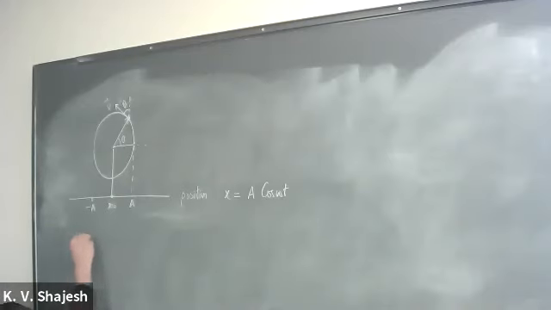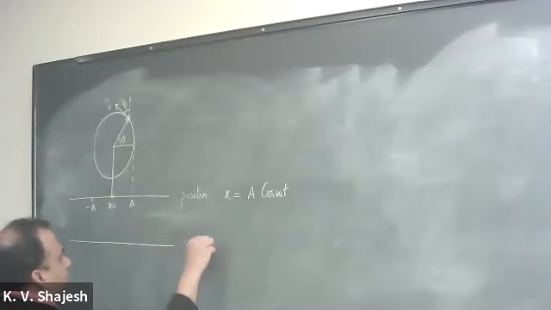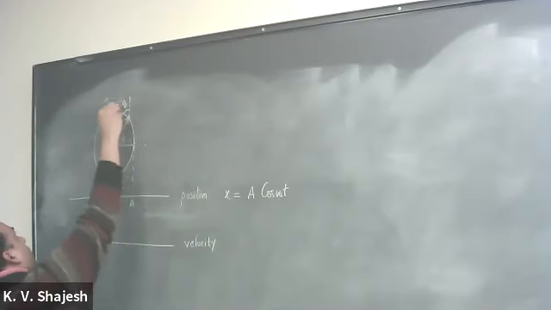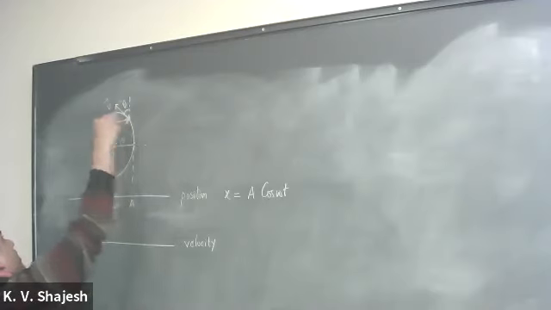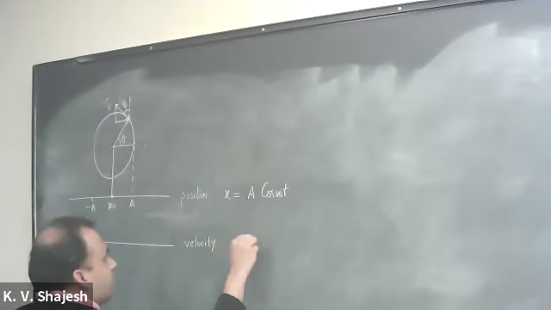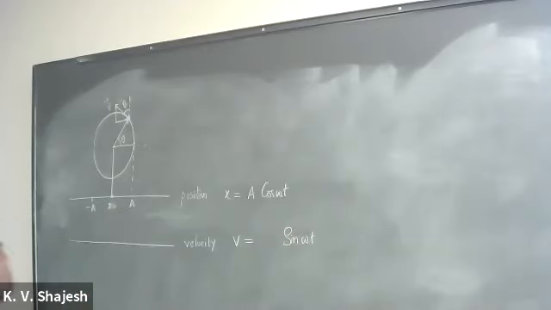Right? If we want to get the velocity, we project it along the x direction. So this component here would have an x component down there. That's your vertical and that's your horizontal. And if you notice, the horizontal component is opposite to the angle theta. So it is sine theta. So the velocity is equal to sine of the angle theta, which is omega t.